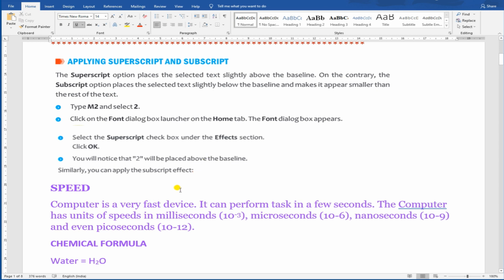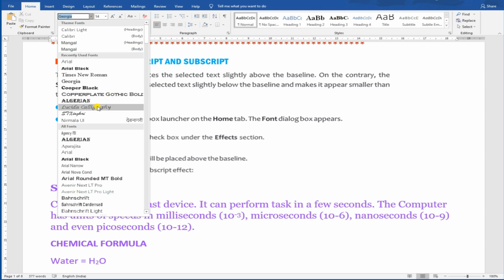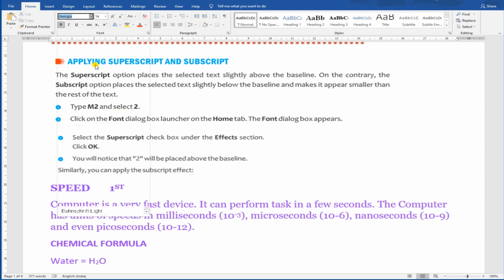Have you ever seen, whenever we type 1st and give it a space, can you see here, ST becomes smaller and it's placed a little above the baseline. I'll show you once again. Let me change the font style so that you can see it in a better way.